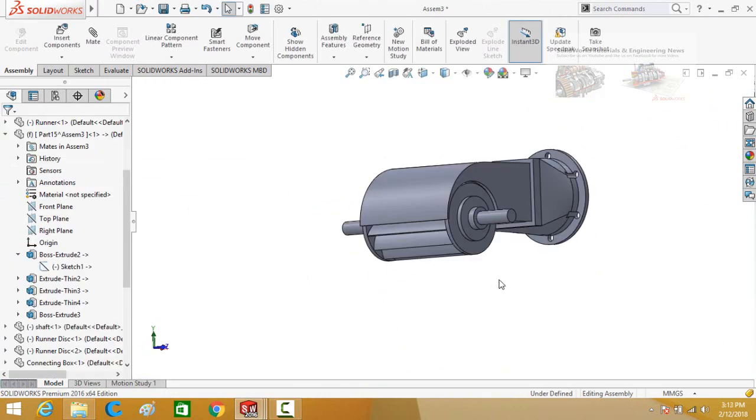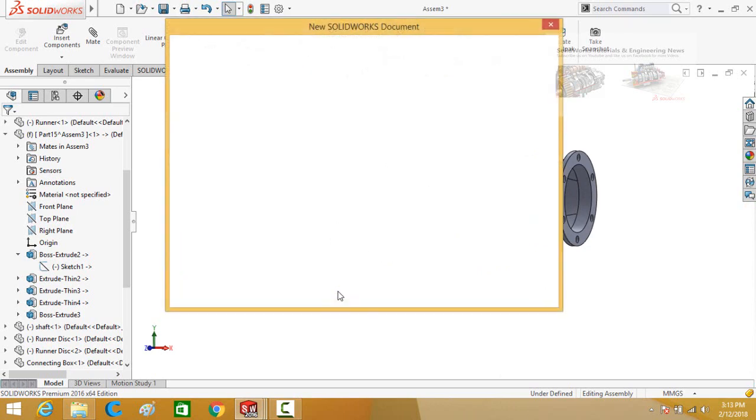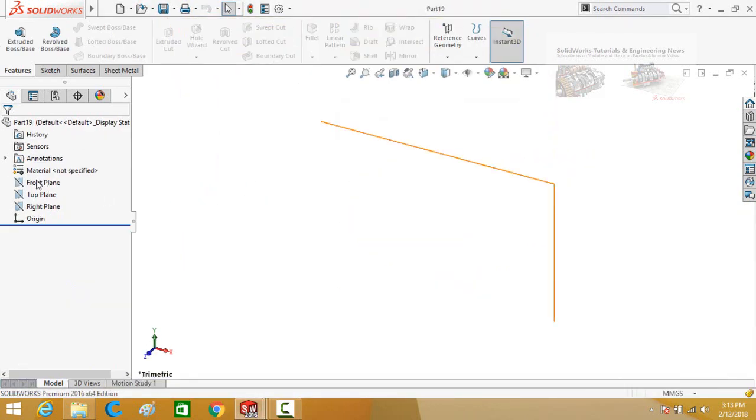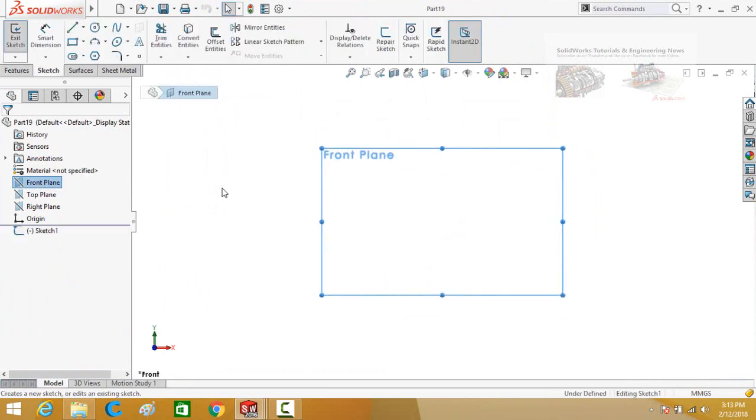Now we have to design the bottom casing of this cross flow turbine. So for that, start from new part. Sketch on front plane.